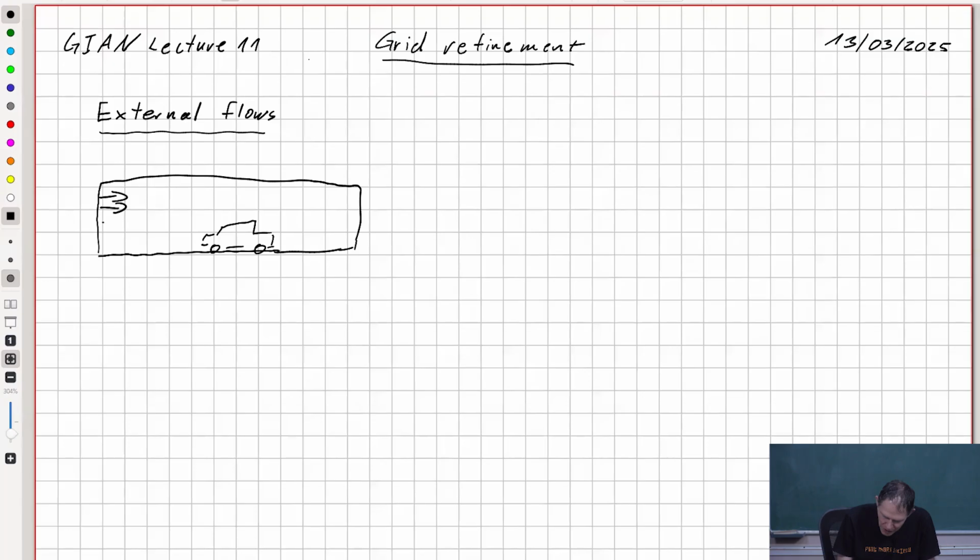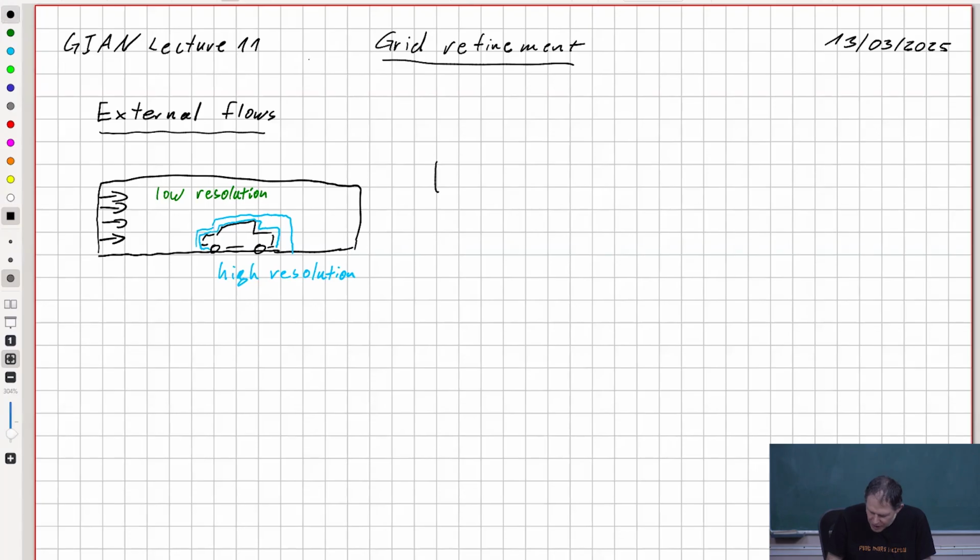They put this into a wind channel, a virtual wind channel, and then they don't actually need a lot of resolution up here, but you have to capture somehow the boundary layer, which means you will have to get a finer grid here and potentially an even finer grid right at the boundary, meaning you would like to have a high resolution close